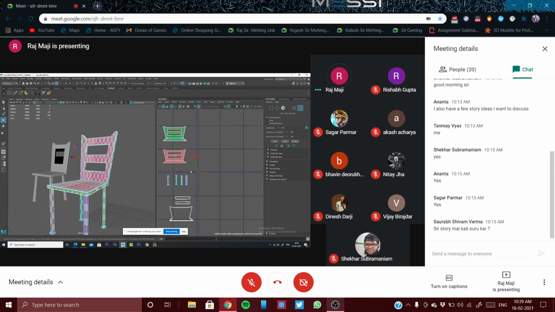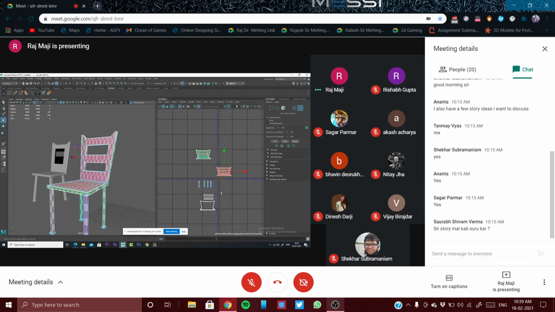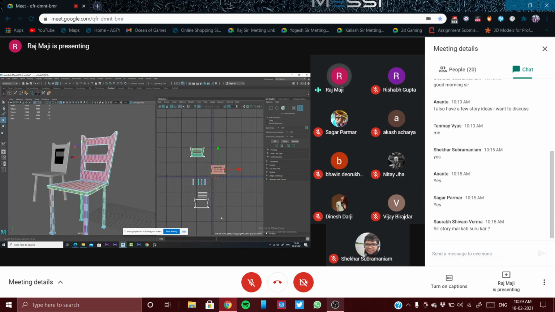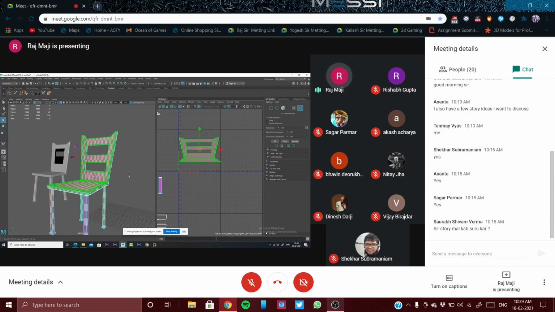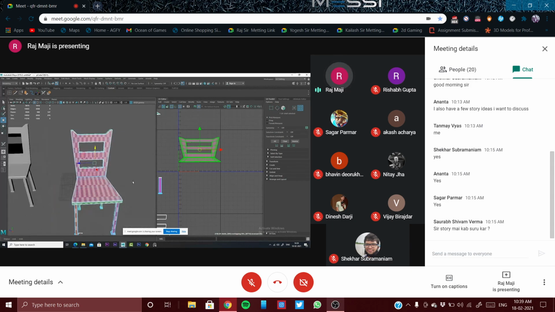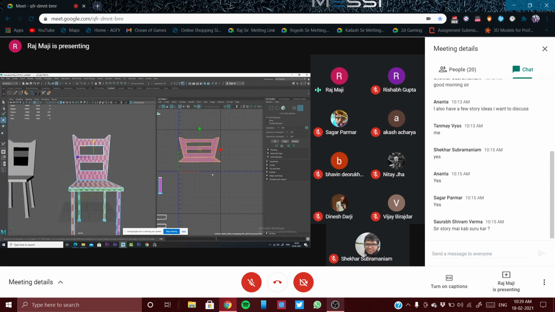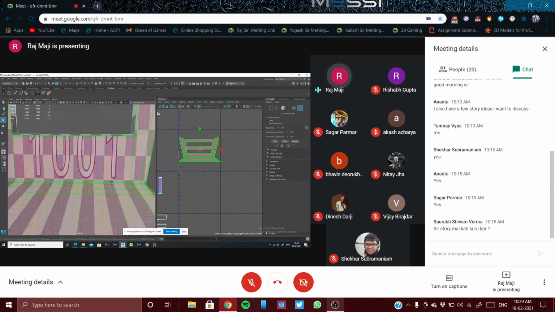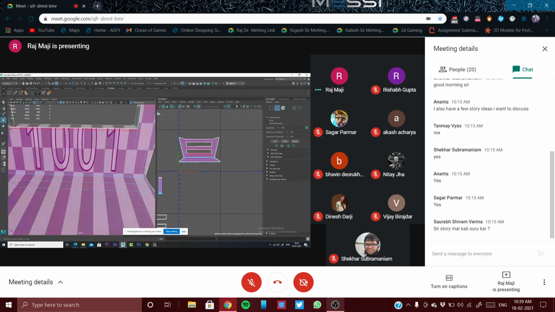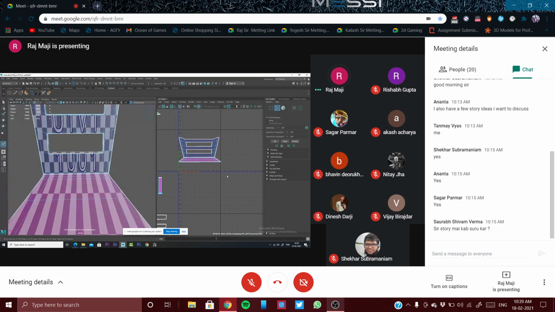So now let's start with this one. So these many parts I have separated, and definitely those many UV shells I have to deal with. So selecting this one, and what can be done basically for this? We can convert it into two different UV shells, and basically the simplest way to unwrap this is once again dividing it into two.